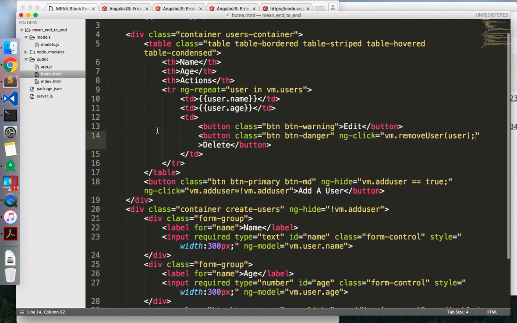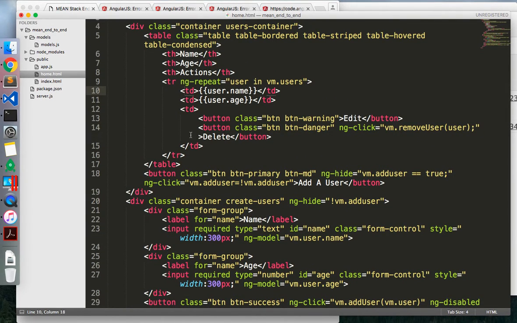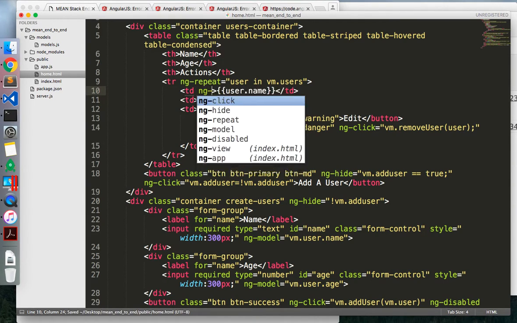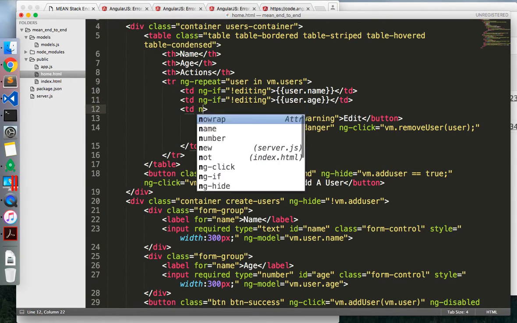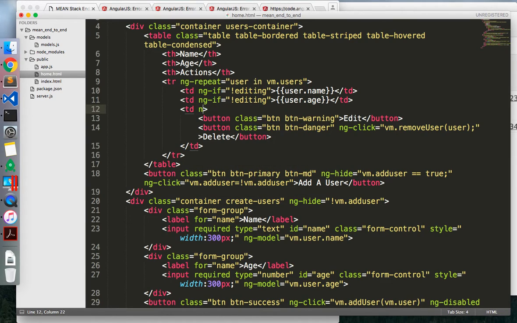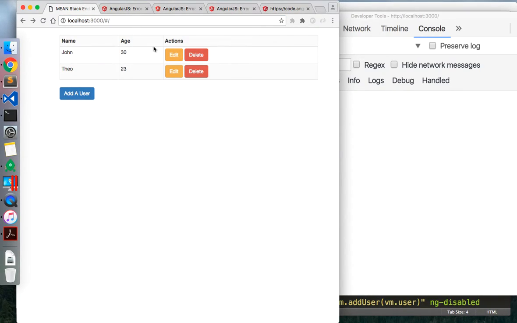Go in here, and we have these as our TDs, but we only want to show these if ngIf not editing. So these are going to show, and then when we click on it,